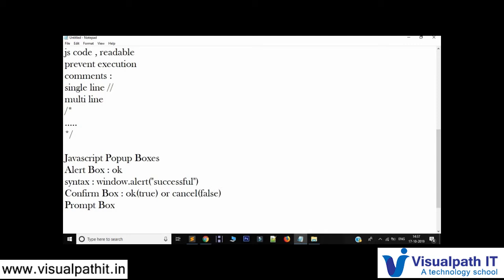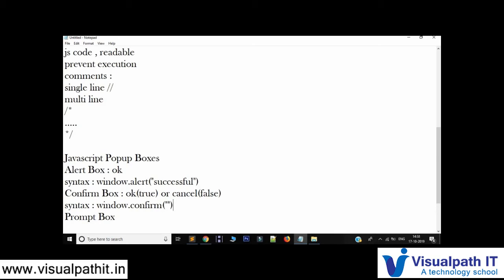Now let's see an example for this also. For this also we have a method. As we have the syntax window dot alert for alert, here also we have window dot confirm. Inside this we'll have some text.